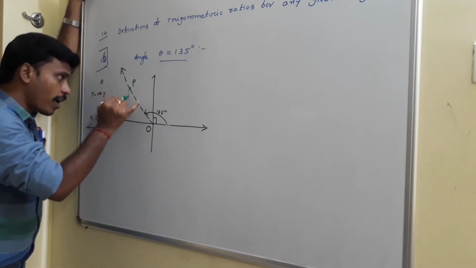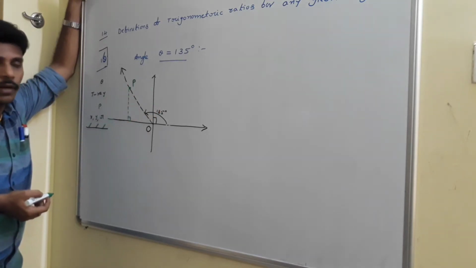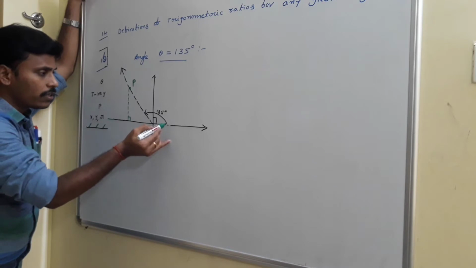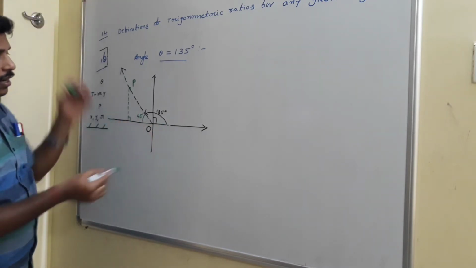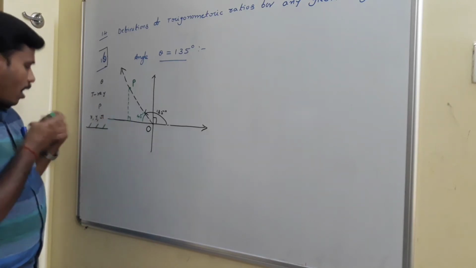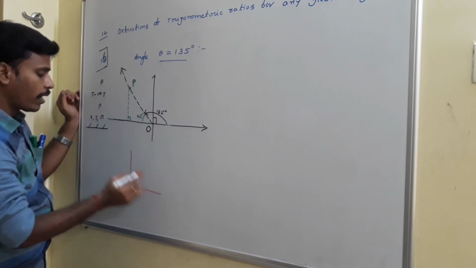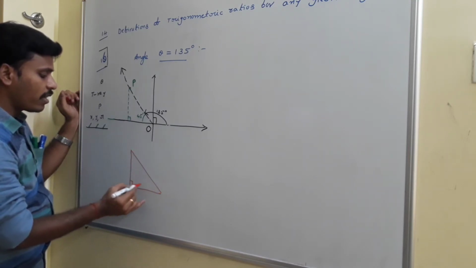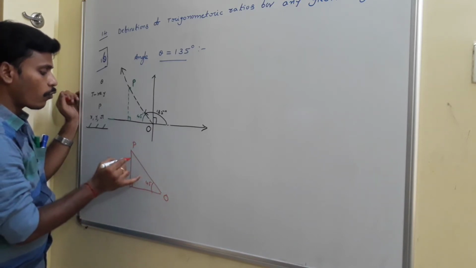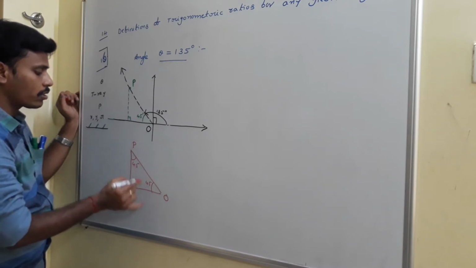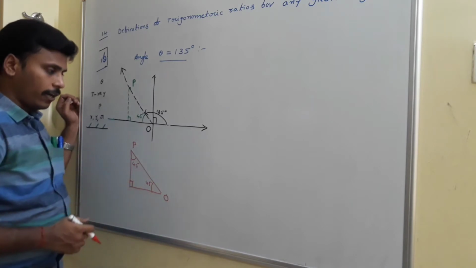First of all, draw a perpendicular from P to this here. Or otherwise, like this also, you may draw a perpendicular. And if this is the perpendicular, and this is 135 degrees, then what do you say about this angle? Again 45 degrees. Is it clear? Totally it is a straight angle of 180, no? And now, from the diagram, if you separate the triangle, it looks like this. This is the triangle, here it is 90, here it is 45, this is O, this is P. Whenever it is 45, then automatically this is also 45 because the total sum should be 180, right? And now, 45, 45, 90.